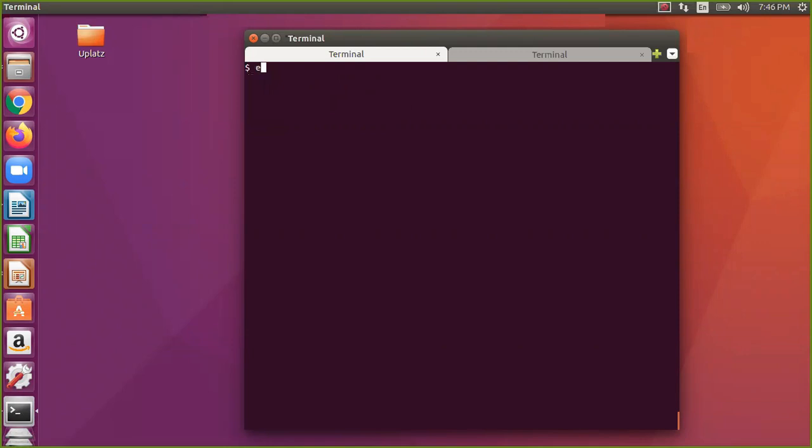Okay, so now let us assume I say echo hello world, or hello something, welcome to Linux. Let us assume welcome to Linux world. Okay, so now if you see this, it is displayed onto the screen actually, but you don't want it like that. So now I say greater than welcome.txt.